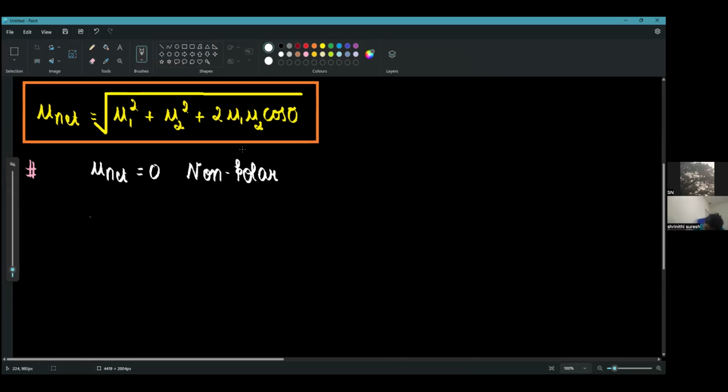And if the net dipole moment is non-zero, if it is a non-zero value, then you will say that the molecule is